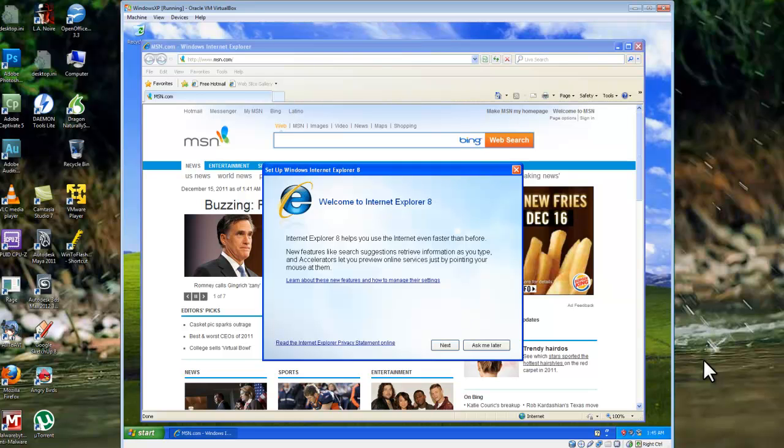We now have a working Windows XP guest running as our first virtual machine in VirtualBox. The installation of other operating systems is done in much the same way. You can run as many virtual machines as your system resources allow. Make sure you leave plenty of RAM for your host computer and don't assign it all to your guest OSs.